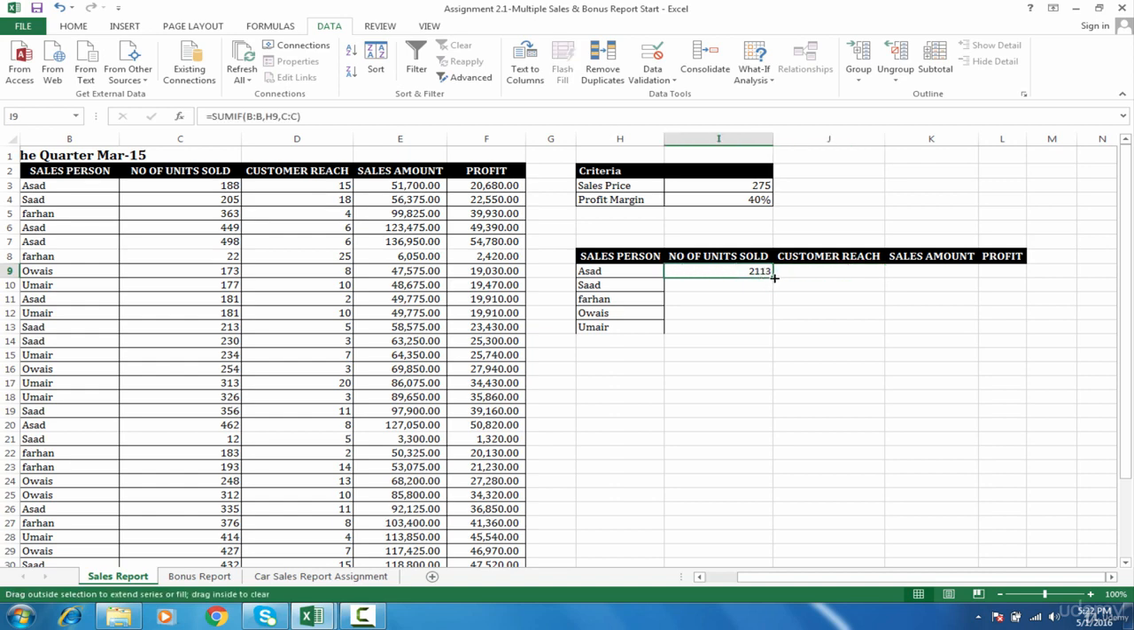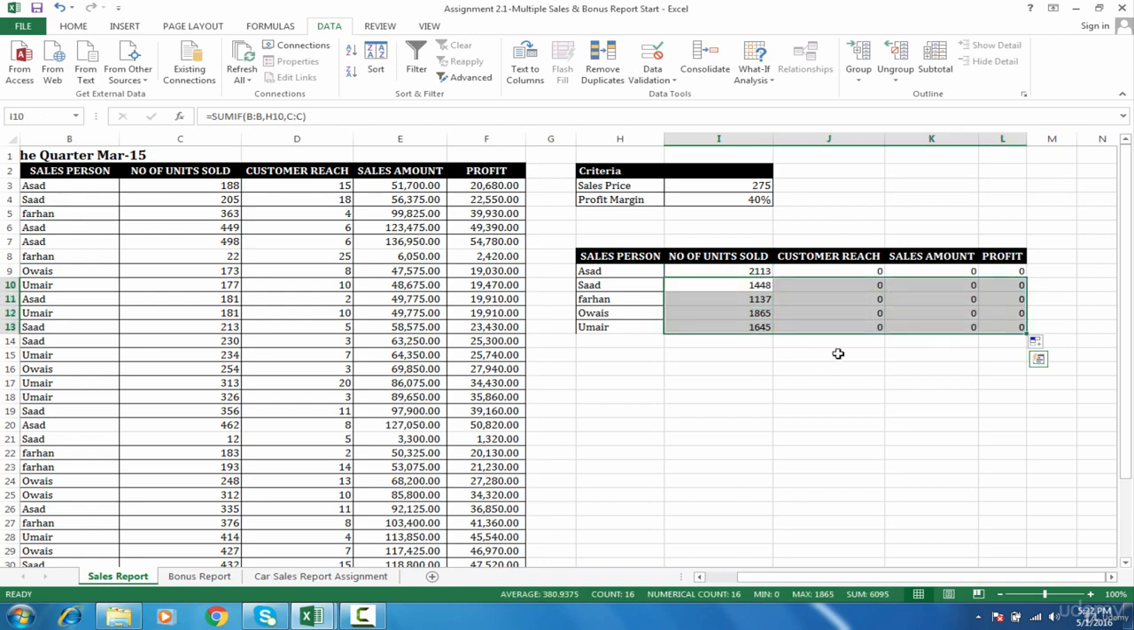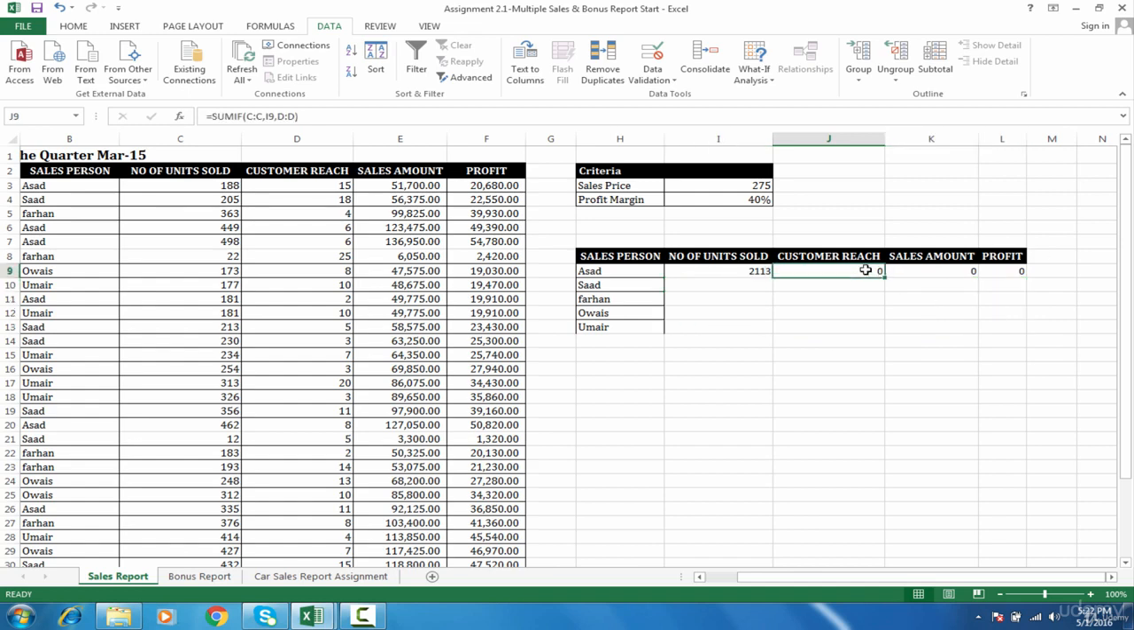But when we drag it towards right, we can see that we don't have the results as we wanted. So if I double click and send it down, we have the results for only this column. So I want the results for all of them. So what I will do is just remove this,